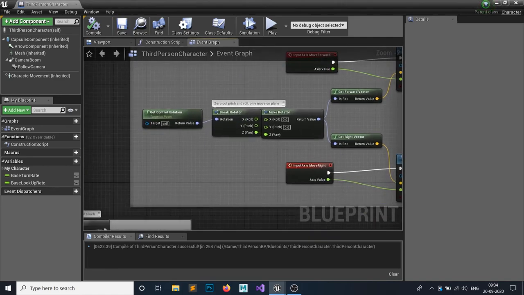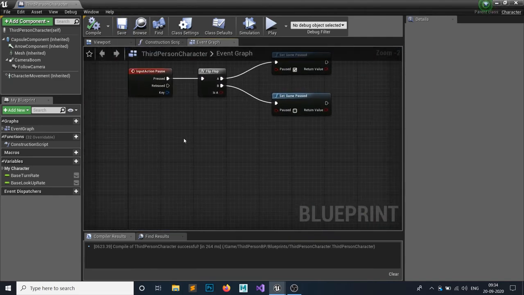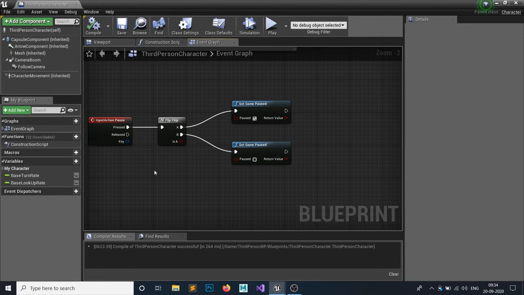So these are the two different input methods Unreal has, and you can find those two with whatever you are using. And this is how we're gonna set your game pause and unpause, because it's the same thing.